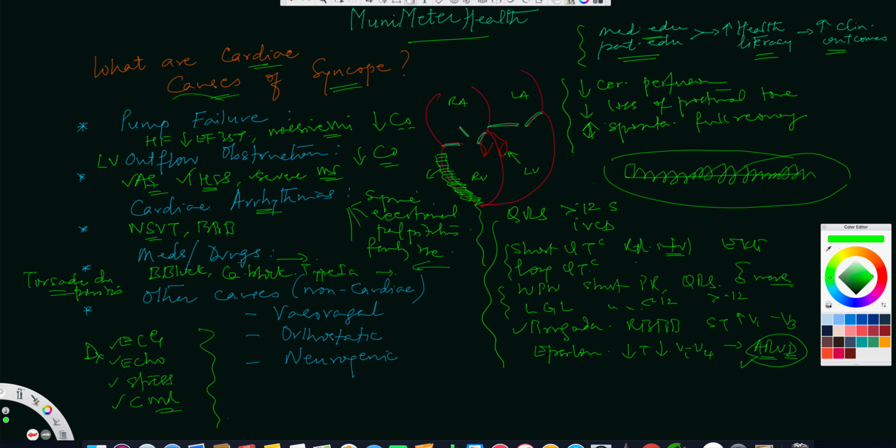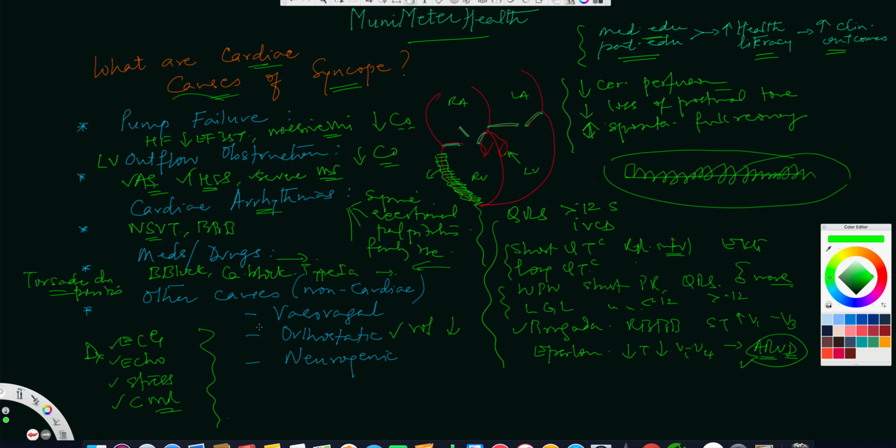Now, in medications and drugs, also remember that you have to worry about the diuretics. You have to worry about simple drugs where patients could be on any cardiac drug, including ACE inhibitors, ARB, or angiotensin receptor blockade drugs. Most of the cardiac drugs can cause syncope, specifically if these patients are orthostatically hypotensive. In other words, they're volume depleted. If their volume goes down, any antihypertensive, any cardiac med can result in an orthostatic hypotension.